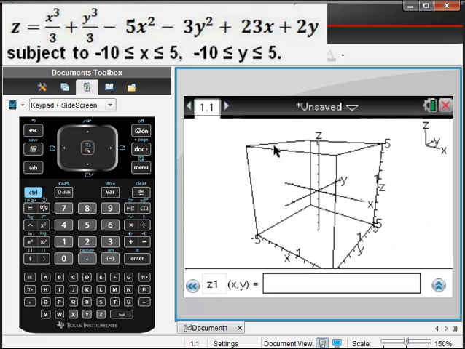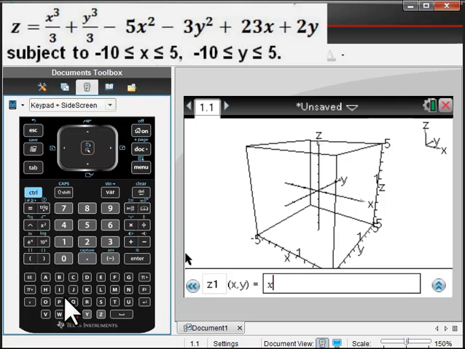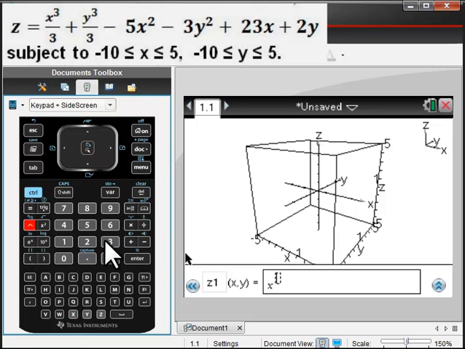And let's write in the formulation here in this entry box. Looks like we have an x caret cubed, forward arrow to get out of the exponentiation box. Then we have to divide by 3, and then it's plus a y cubed,